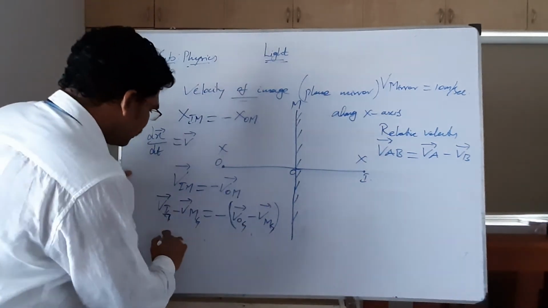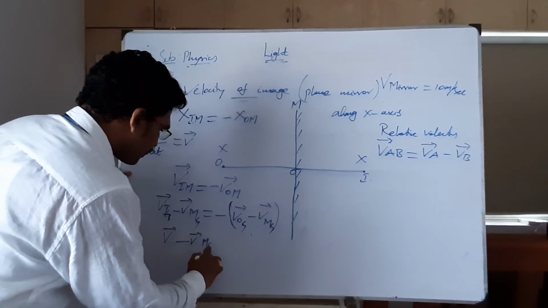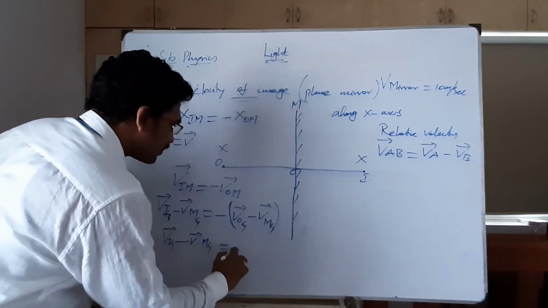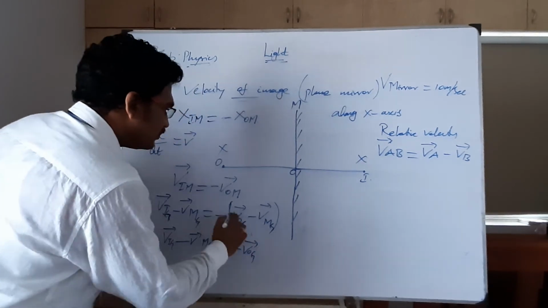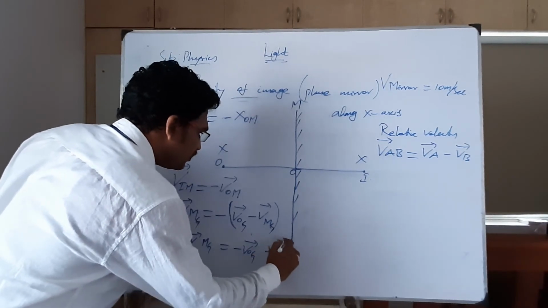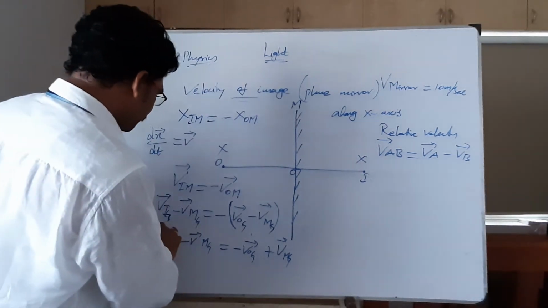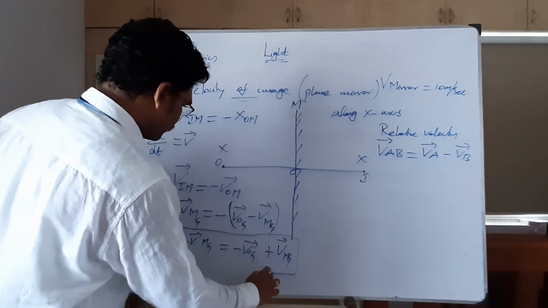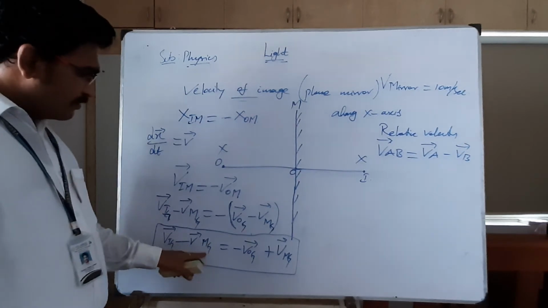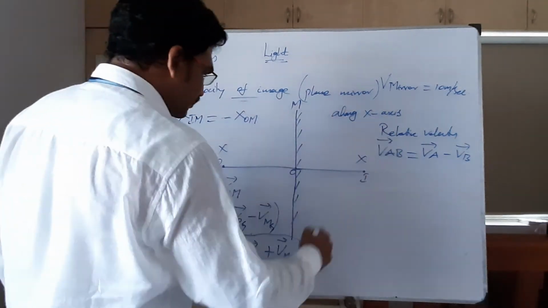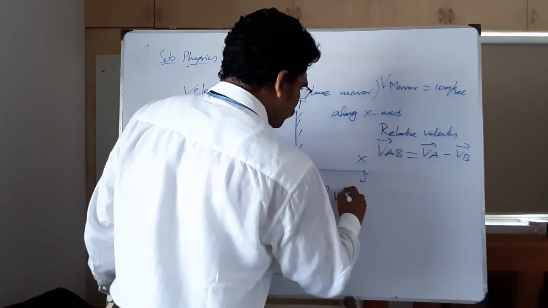Now minus velocity of object with respect to ground, the minus minus, then it is going to become velocity of mirror with respect to ground. This is what I can say. This is the final one. Now here minus Vmg is there and here plus Vmg is there. I will take on that side. Then what I am going to take is minus Vmg and plus Vmg. It becomes 2 Vmg.